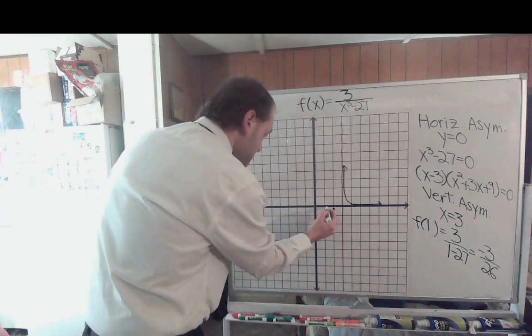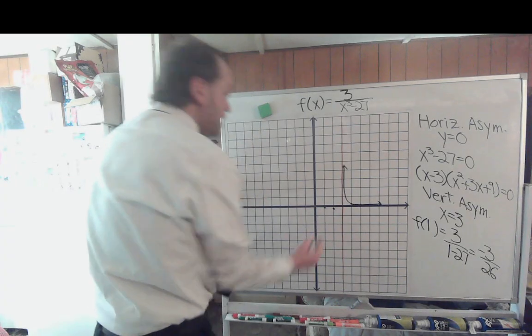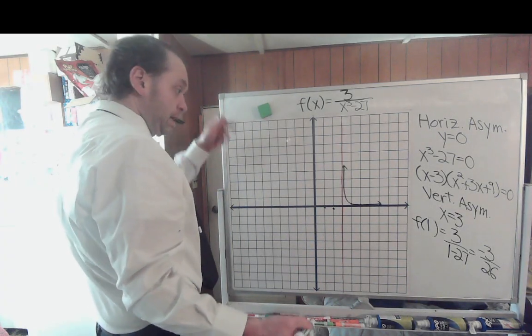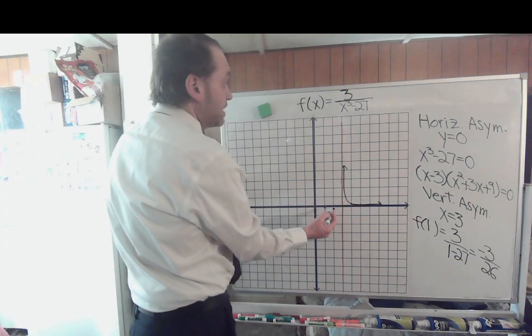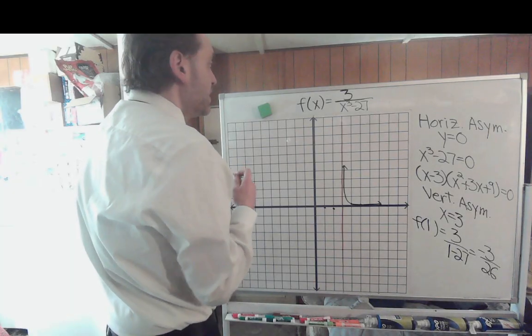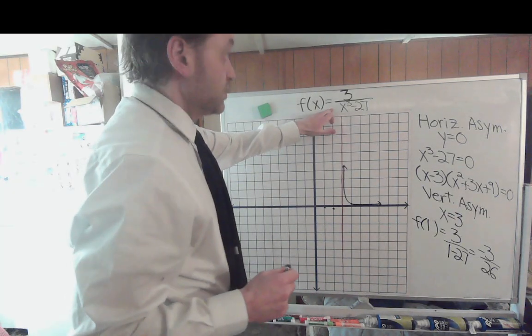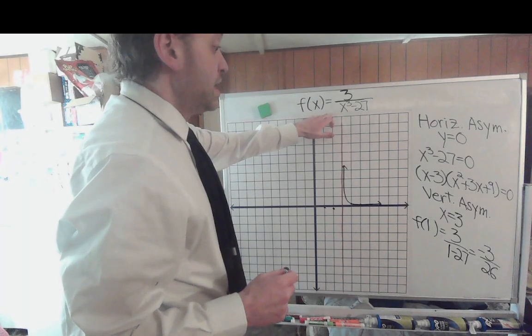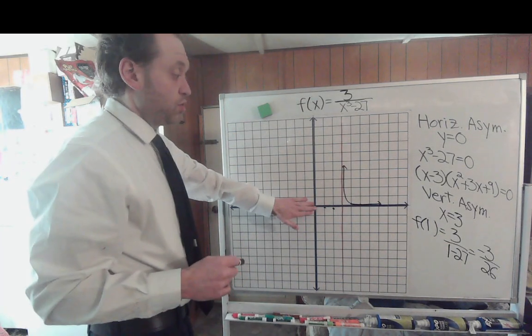That's getting even smaller. And as you see, it would get closer and closer. So it's going to get even smaller and smaller and infinitely closer to 0, but not quite